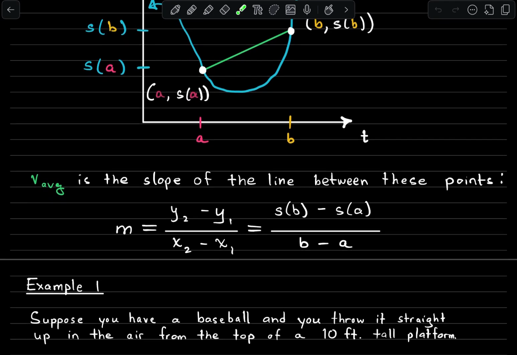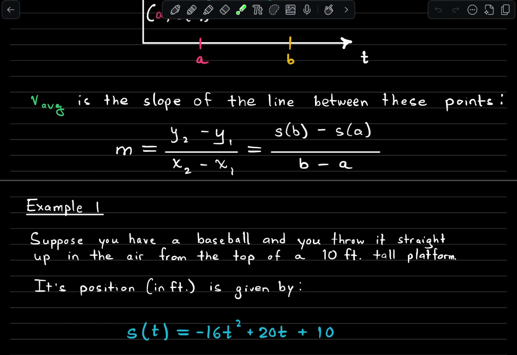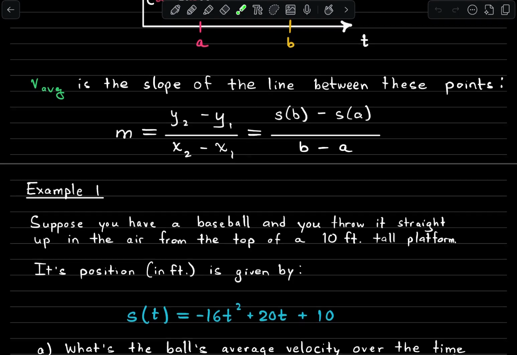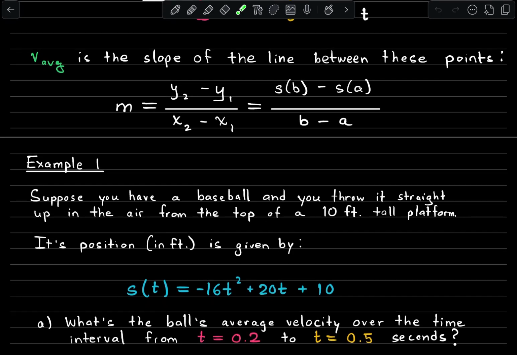Let's take a look at an example. All right, so suppose you have a baseball, you throw it straight up in the air from the top of a 10-foot tall platform. Its position in feet is given by the following function. s of t is equal to negative 16t squared plus 20t plus 10. All right, so first of all, what's the ball's average velocity over the time interval from t equals 0.2 to